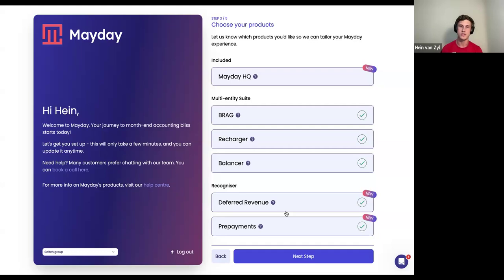And only once you get to the subscription would you need to then choose which products you need to use or not. If you want to remove any, let's for example say deferred revenue. I know this group doesn't have any deferred revenue, so it really isn't applicable in this instance. All you have to do is click on that little tick box and remove it. Or if you want to add it back on there, tick it again. You can change it at any stage, at a later stage. So if you've already set up your group and later you want to have a look at deferred revenue or prepayments and you didn't select them during setup, it's quite easy just to get that back up and running. I'll just cover that in a moment. From here on, you can hit next steps again.